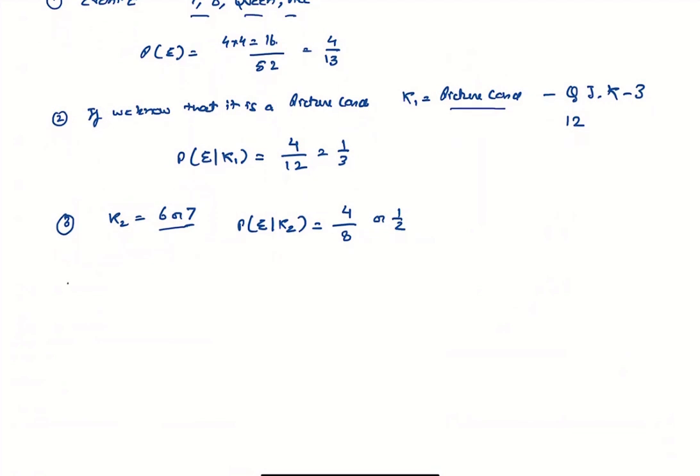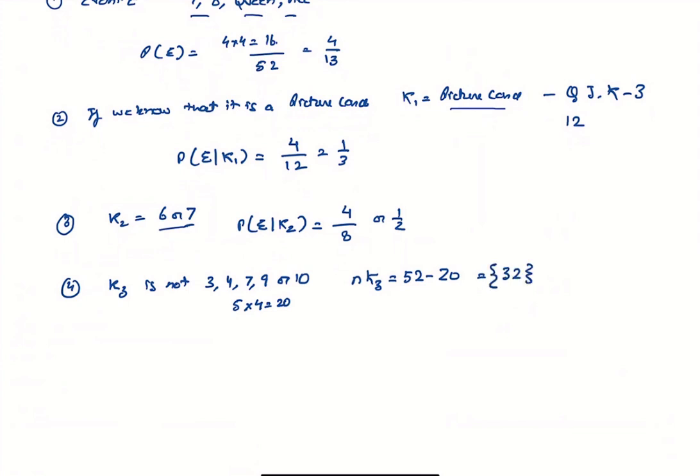Now what if we know that K3 is not 3, 4, 7, 9 or 10? So K3 is going to be 52 minus 20, because these are 5 cards. 5 times 4 will be 20, so that is going to be 32. 32 is our sample space, and E and K3